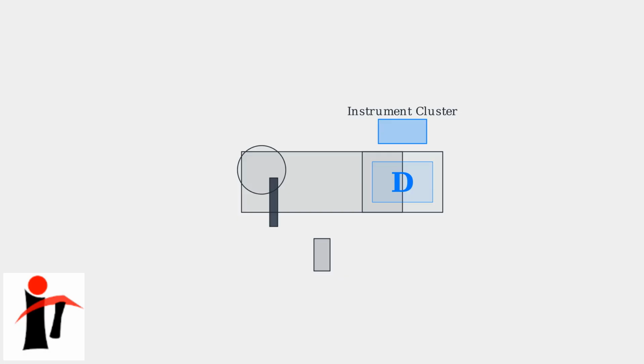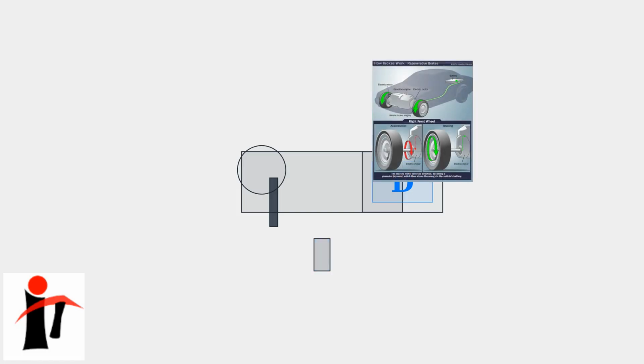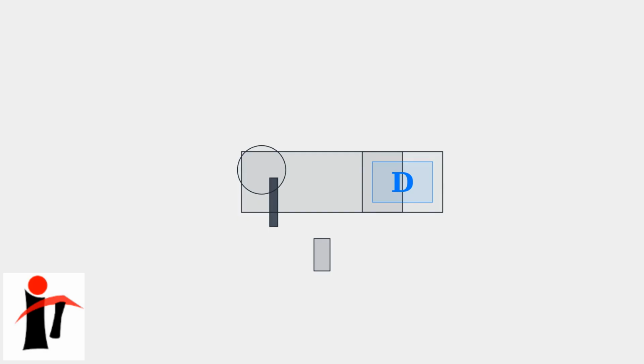To engage drive mode for forward motion, locate the gear selector stalk on the left side of the steering column. Push the gear selector stalk downwards once to shift into drive mode. The touchscreen instrument cluster will display a D to confirm drive mode is engaged. Once in drive mode, the car will accelerate when you press the accelerator pedal. Releasing the accelerator pedal engages regenerative braking, which converts kinetic energy back into electricity to slow the car down and